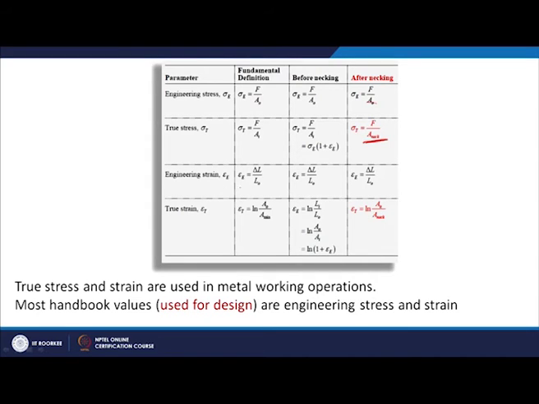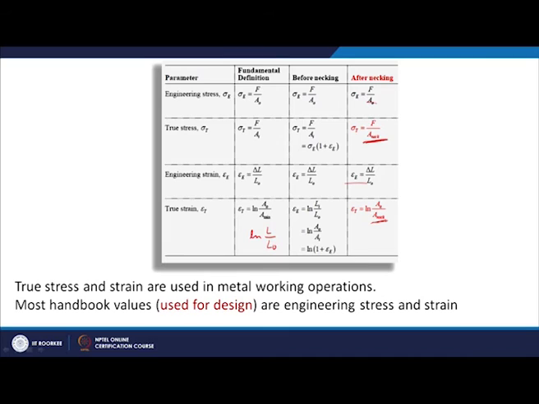In case of engineering strain, everywhere you will be dividing only by L naught. In case of true strain, you will be dividing by the instantaneous length or area. In terms of area, you can write it like this, and in terms of length, it will be L upon L naught. So, it is just opposite, an inverse relationship. So, epsilon E is equal to Li by L naught or A naught by Ai, and this is equal to this, which we have already seen. But after necking, as I told you, you have to take the area of the neck.